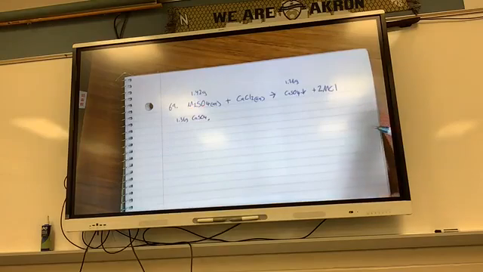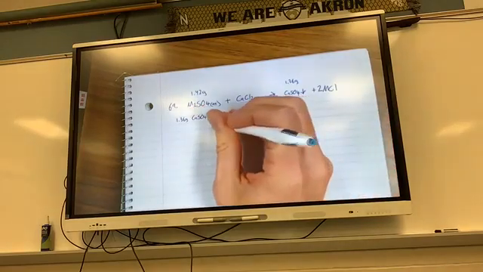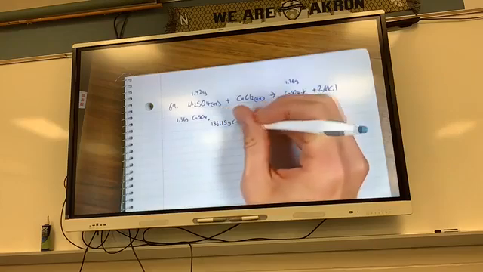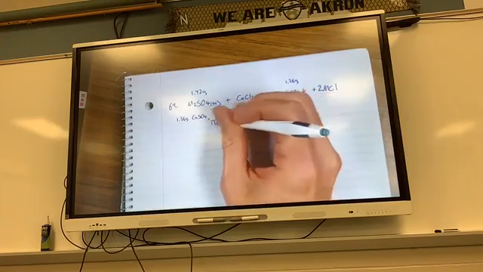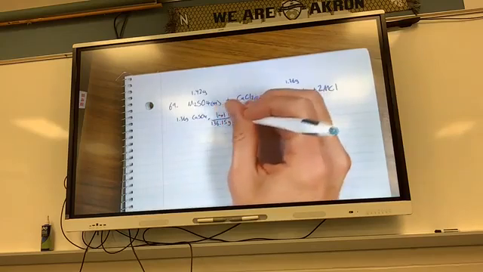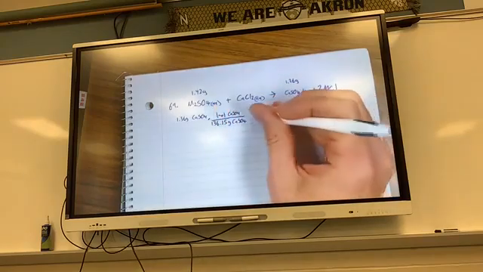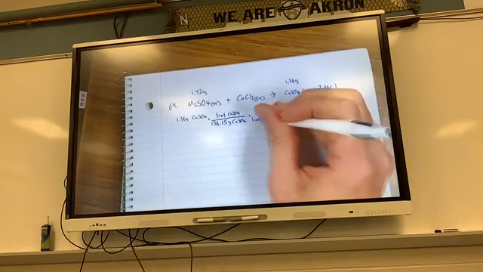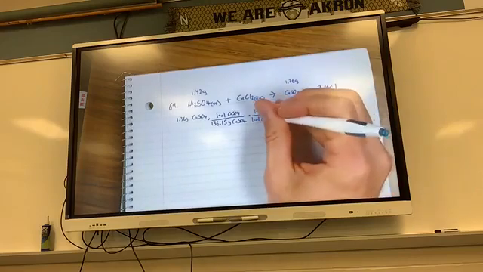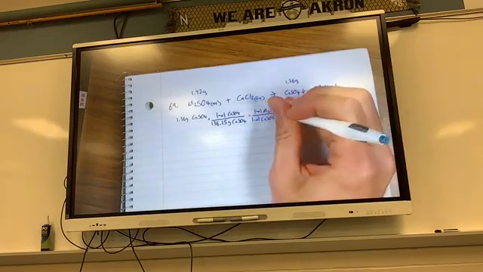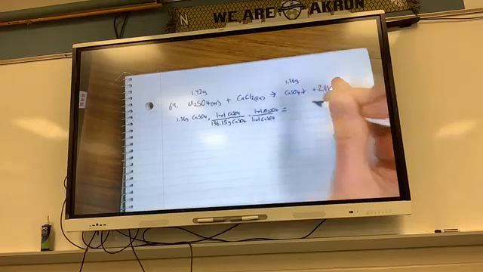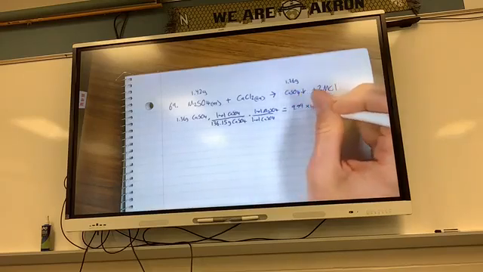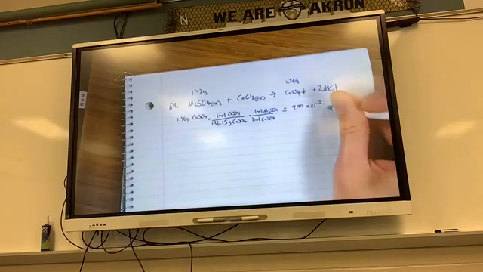CaSO4 molar mass is 136.15 grams of CaSO4 in 1 mole of CaSO4. It's a 1-to-1. For every 1 mole of CaSO4, I have 1 mole of M2SO4. So when I solved mine out, I got 9.99 times 10 to the negative second moles